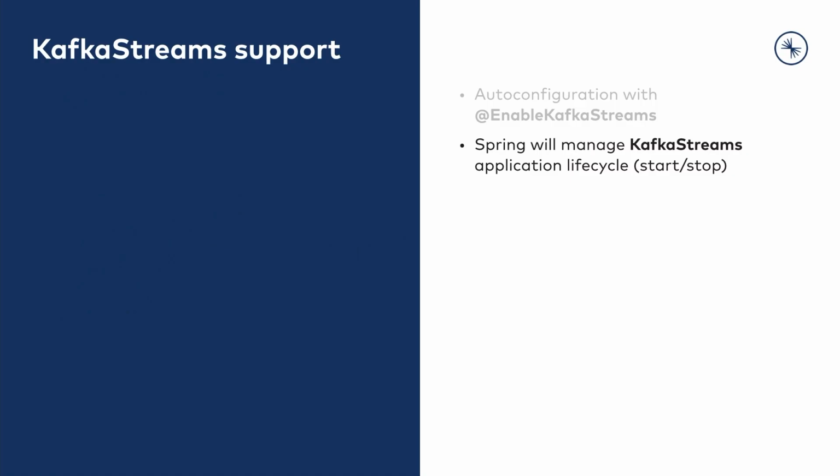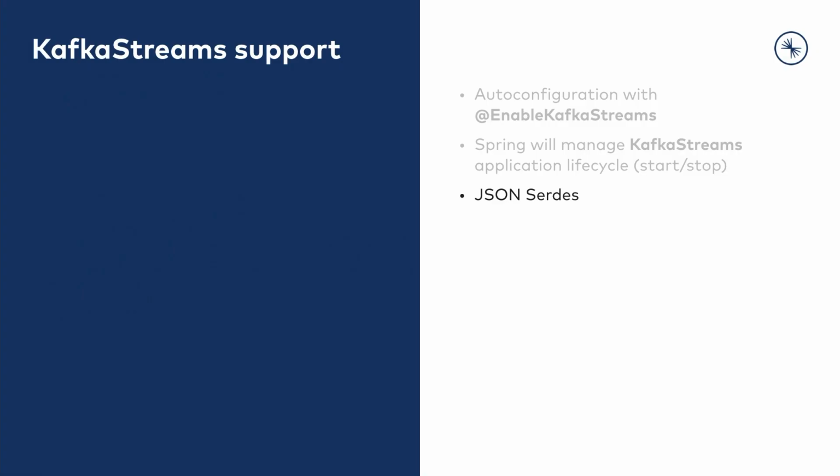With the Spring Kafka support, the Kafka Streams lifecycle will be fully managed by Spring. In this case, you don't need to manually create an instance of the Kafka Streams object, start it and stop it, and make sure that when the application starts you're doing certain things, and after that you will be able to stop it. So you don't need to do this. The lifecycle will be fully managed. Even though you still can get access to the instance of the Kafka Streams application, and in the walkthrough in the exercise section, I will show you where it can be useful.